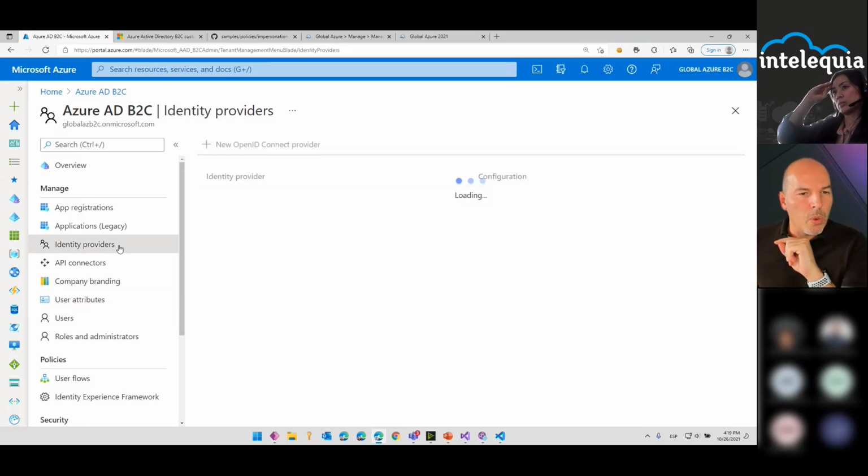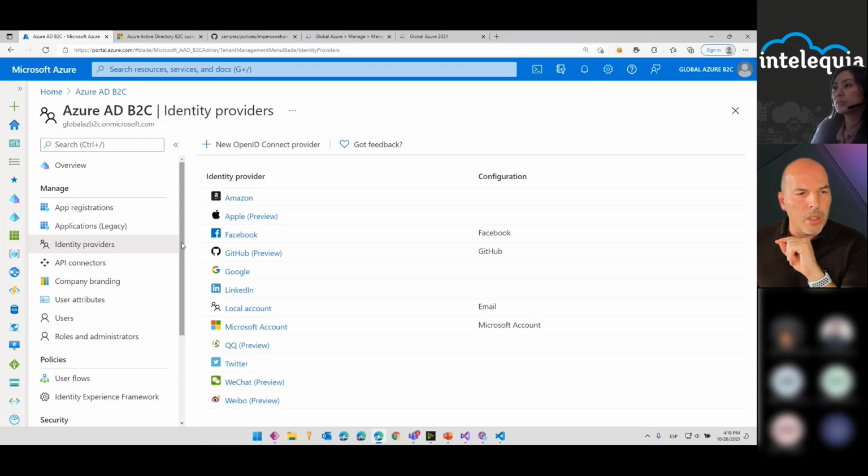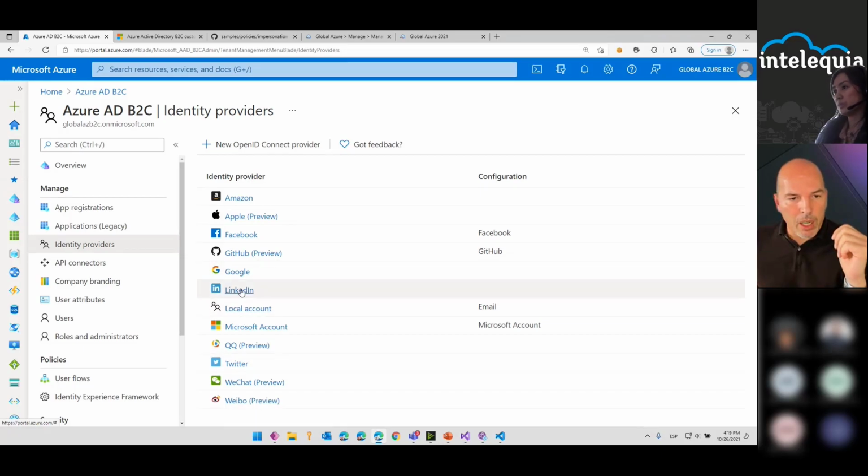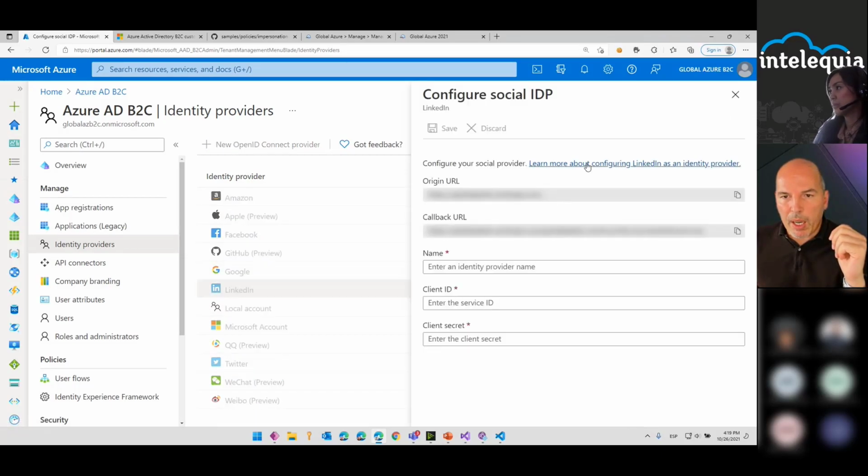The second one is, of course, which identity providers I'm going to allow. By default, we have the local accounts. That is the local Active Directory accounts of this Azure Active Directory. But I can introduce whichever of these and connect any of them. If I click on any of them, this will open a